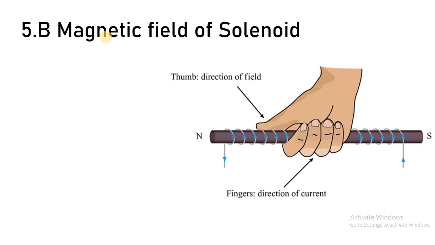Downward. In the second case, I have now changed the direction of the field. In the first case, the case I am showing on the screen, the direction of field is from S pole to N pole, so we pointed our thumb towards N pole. Now I am changing the direction of field. As the field is reversed, my thumb will go in the reverse direction. So now my thumb is towards S pole as per my screen image.